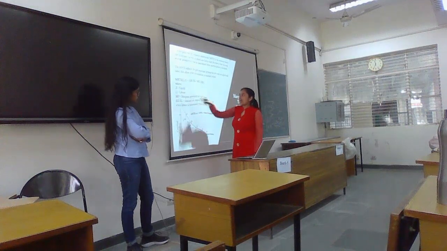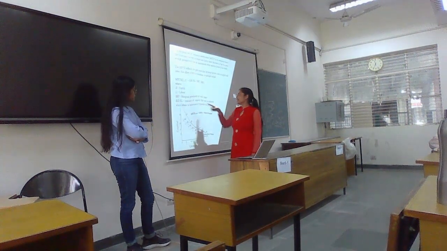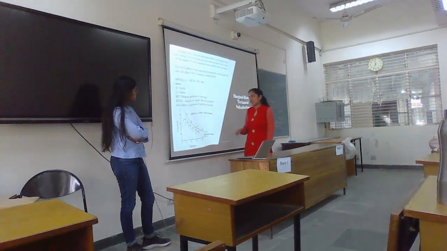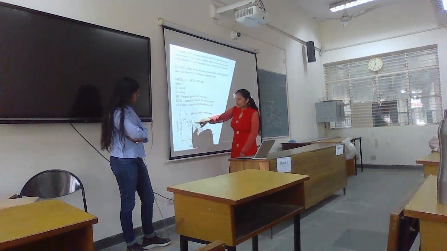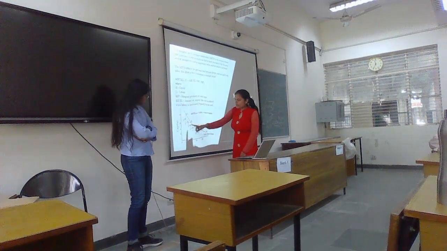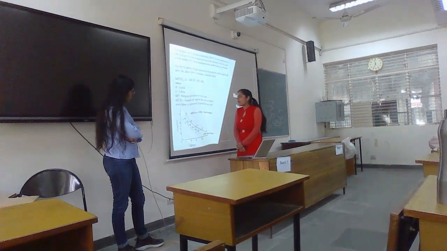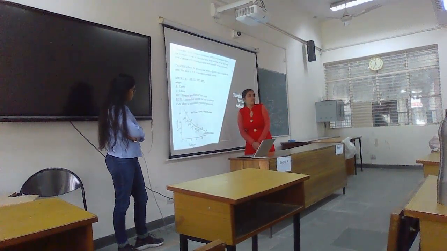Where K is capital, L is labor, MP is the marginal product of each input, and delta K and delta L show the amount of capital that can be reduced when labor is increased. We can calculate MRTS with the help of a graph. When we move from A to B, we can see our change in labor is 5 units and change in capital is 3 units. So our MRTS equals 3 by 5. We can calculate it on other points as well.